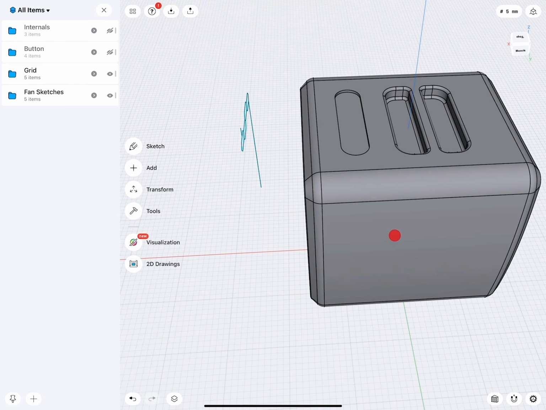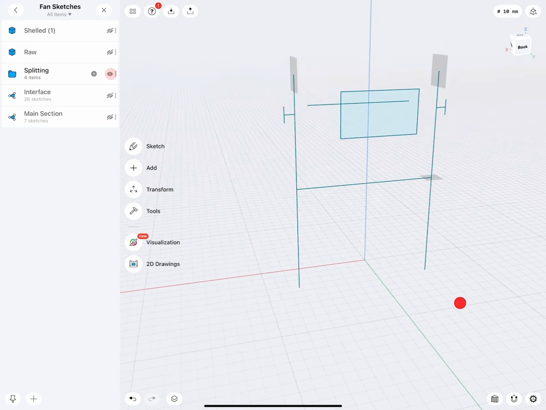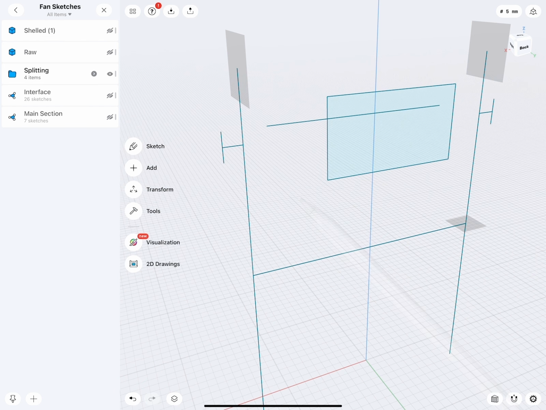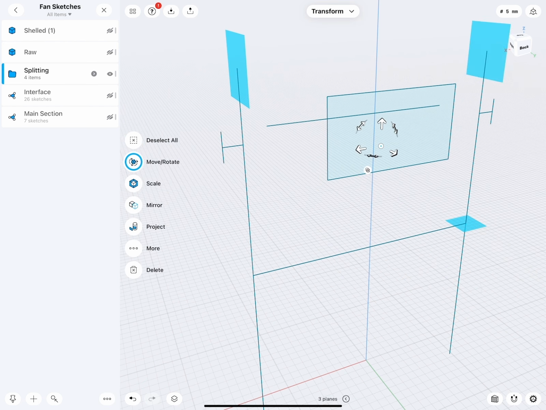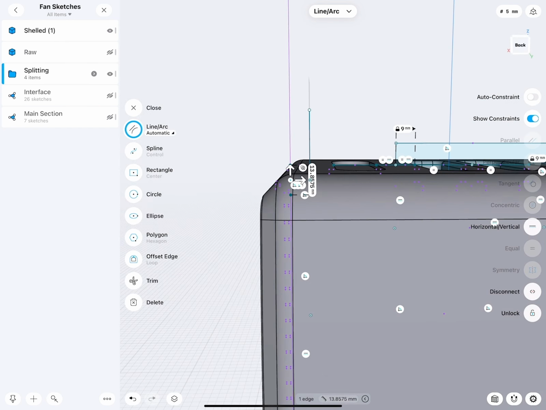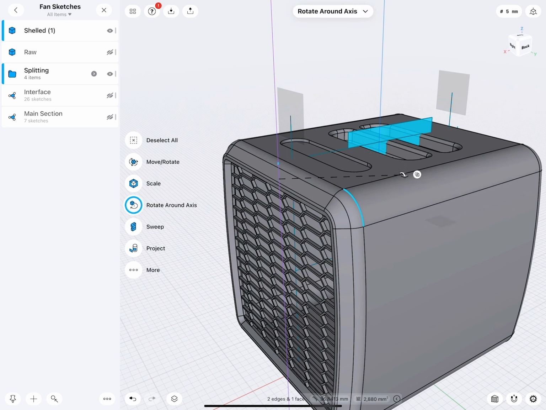So what do we do now? All this is finished. We have to take a look at the splitting. Now we also have the internal components. Here's my splitting part. This will cut actually the lid out. And then we have these lines here, or planes. They actually will slice the body. I came up with all these sketch lines by projecting individual geometry pieces from the box into the sketch. So for example, you see this line came actually from this fillet. So I projected this fillet into that sketch using the project command.